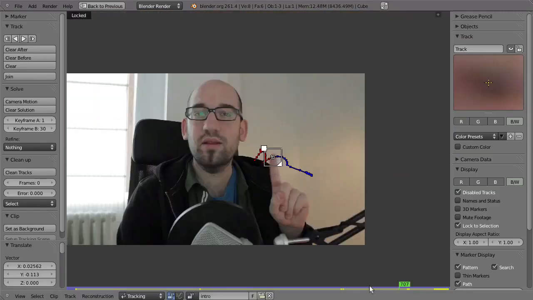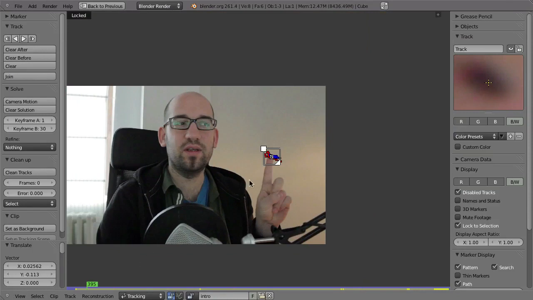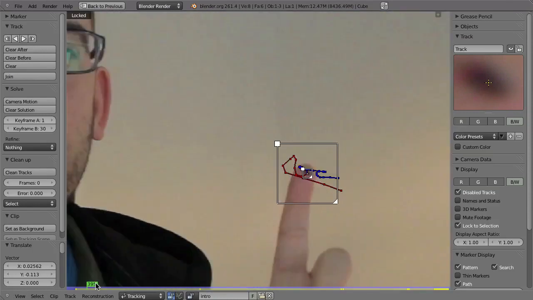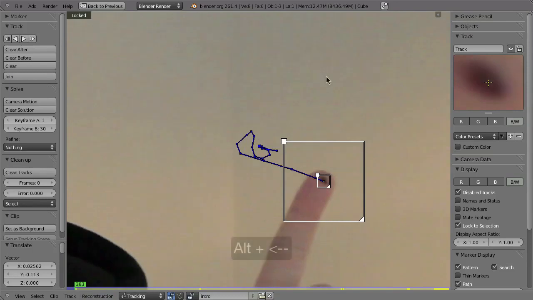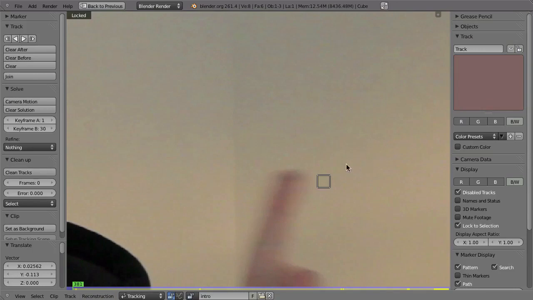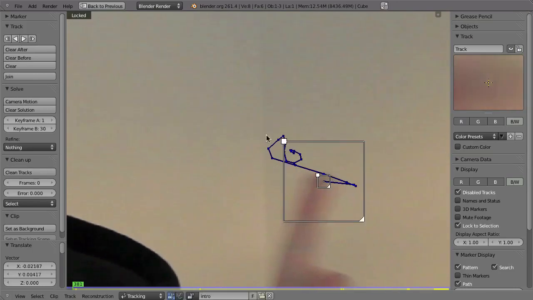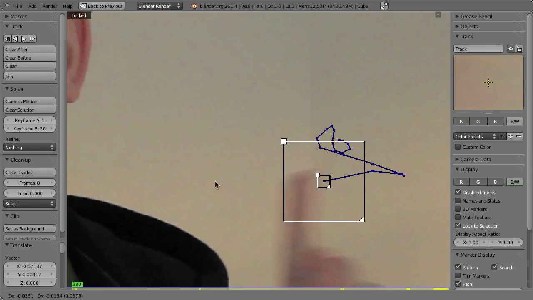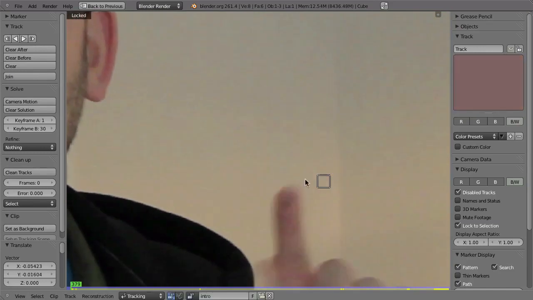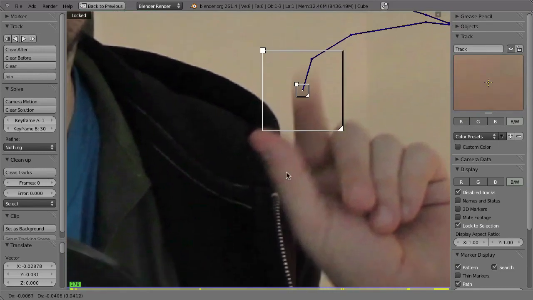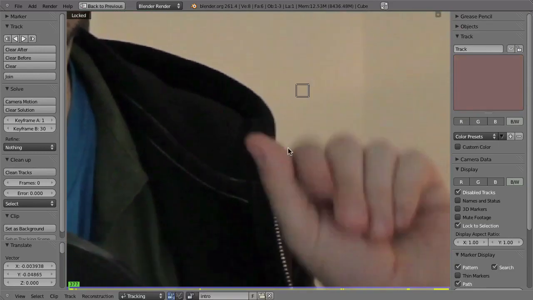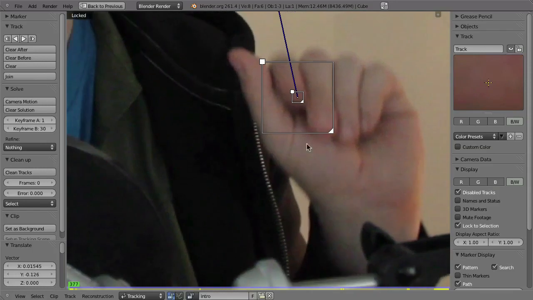All right, so we have got that. Now there are some frames on the beginning missing. So let's go back to frame 384. Alt left arrow in this case to track backwards, and then G to grab and manually move it until here.